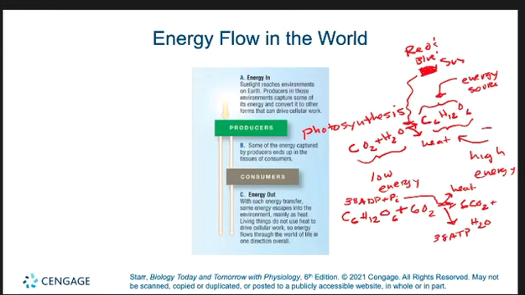Okay. So the consumers eat what the producers make. The producers also eat what the producers make, because the producers do both photosynthesis and respiration. But the animals, the bacteria, and the archaea just do respiration, unless you're talking about a photosynthetic archaea or bacteria. And where does all that heat go? Out into the universe. Makes everything more random.